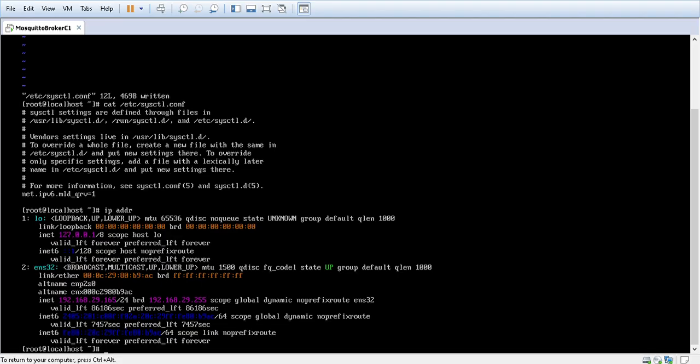So to make both IPv4 and IPv6 static, these are the commands that you need to follow. nmcli is the command, and connectivity, connection, not connectivity, sorry for that, connection modify, and ens32 is the adapter, and then I say ipv4.address